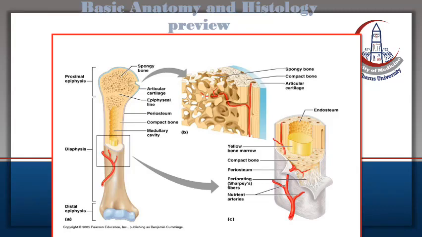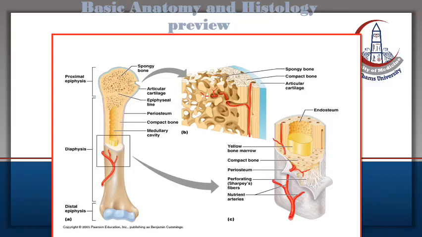Regarding the flat and irregular bone, it's exclusively formed of cancellous bone, which are formed of bone trabeculae, including bone marrow spaces,